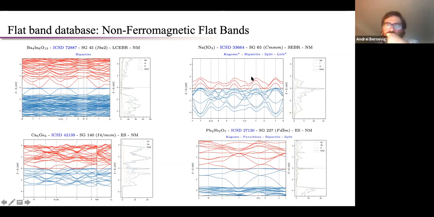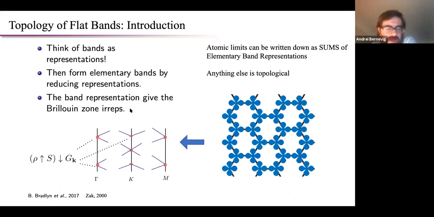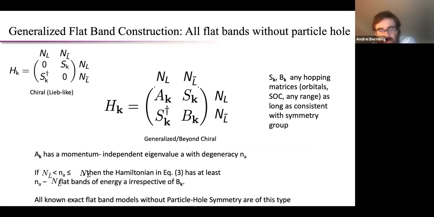So the second question was, what is the effect of SOC in this particular Wannier Hamiltonian? The Hamiltonian was AFK. Okay, so again, this construction includes SOC, but it doesn't have anything to do with SOC. AFK, SFK, BFK can have SOC, or cannot have SOC. You do whatever you want. The Hamiltonian with SOC is going to look a bit different than without SOC, but this construction does not depend on whether you have SOC or not.